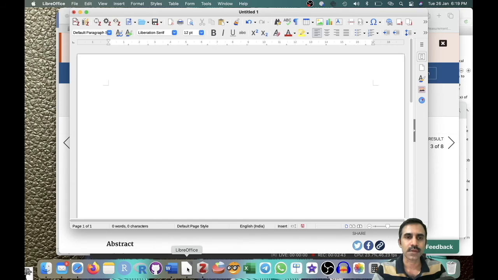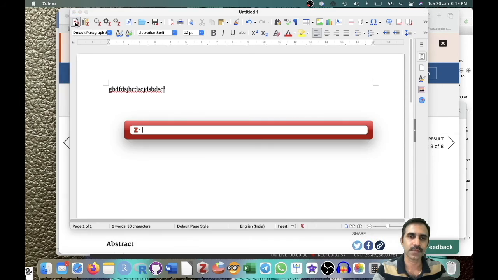open the word processor and create your manuscript and find the area where you have to cite this article. You click on the add or edit citation tab and a search box will pop up.